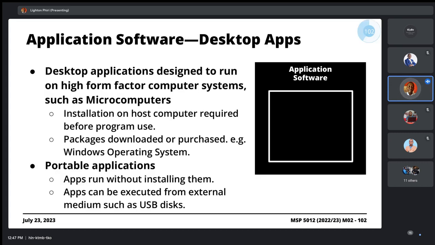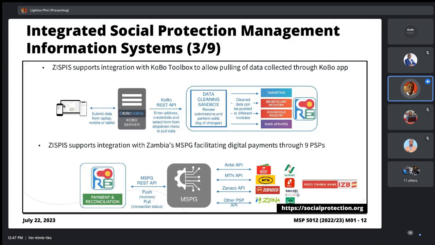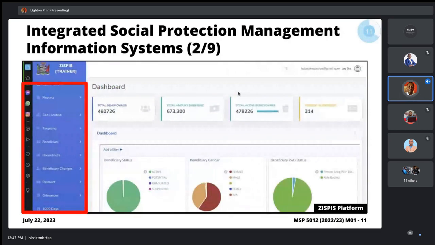So imagine a system like this piece, right? A system like this piece has been implemented by an organization and offered to these different countries as software as a service. Zambia would want to use this piece of software in a completely different way from Malawi or Mozambique.